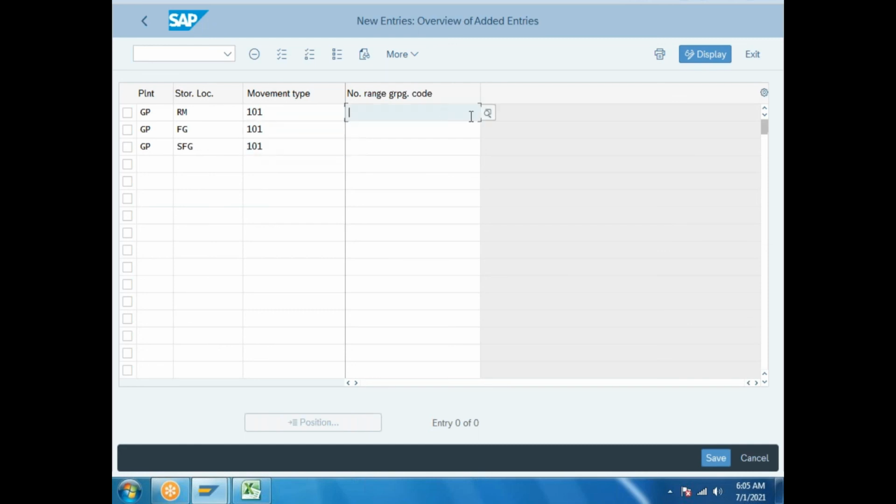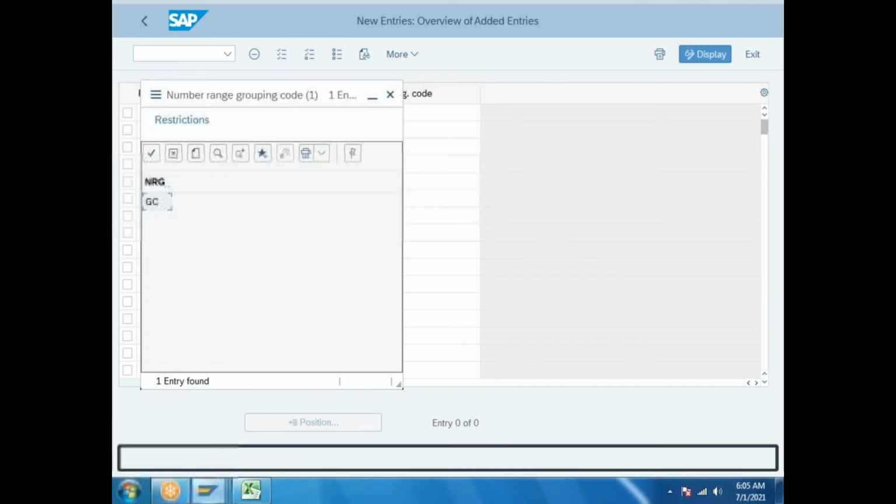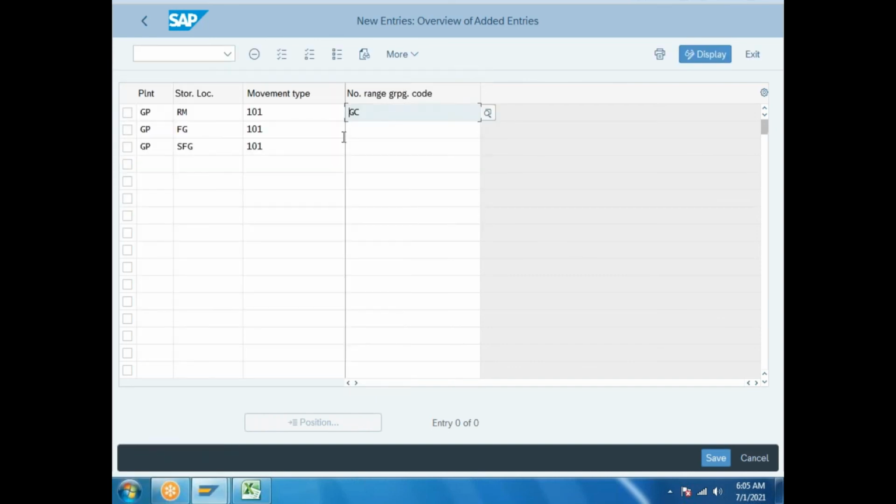What is the grouping code we have created? I think GC. You created a grouping code. When did we create the grouping code? Just before this that we created? Yes. I will show you.